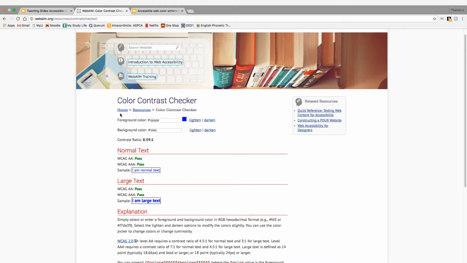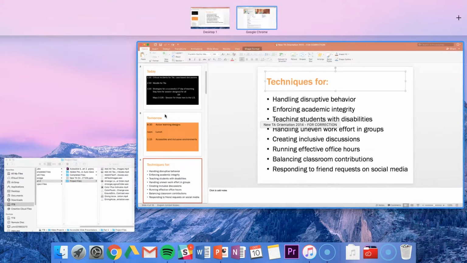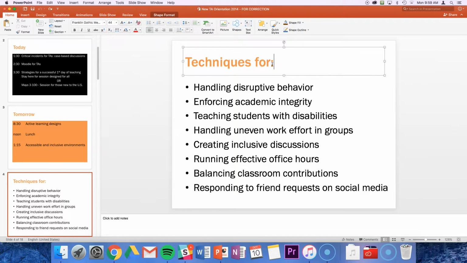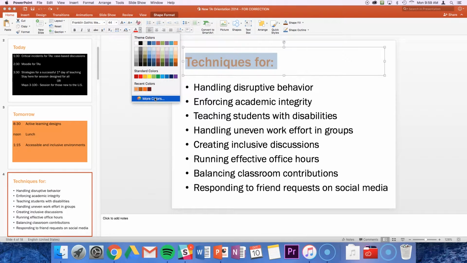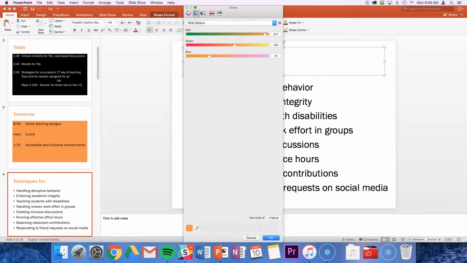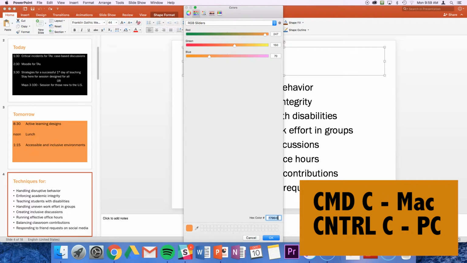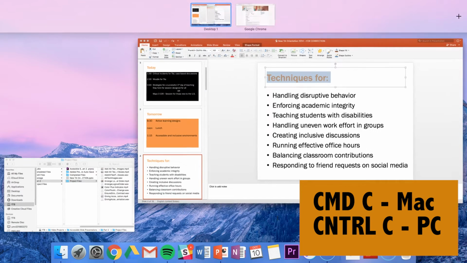To get the hex value, I'll put my cursor on the text of the title of this slide and find the Font Color pull-down menu in the Tool ribbon. I'm going to click the More Colors button and the RGB Sliders button one level in. The hex value is at the bottom of this dialog box. I'm going to copy this code to my clipboard using Command-C on a Mac or Control-C on a PC, and then I'm going to move on over to